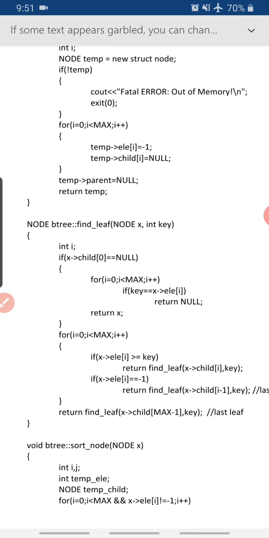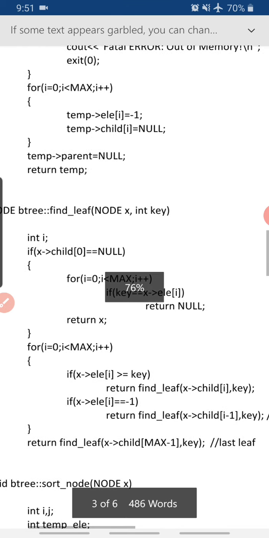So we go for all the values from 0 till max. What we do is check if this key equals x of element of i. If x child of 0 equal to null, it simply means it's a leaf node. If it's a leaf node, in that particular leaf node, look at each and every value. If you're trying to insert a value that's already present in the B tree, then we return null, otherwise return x.